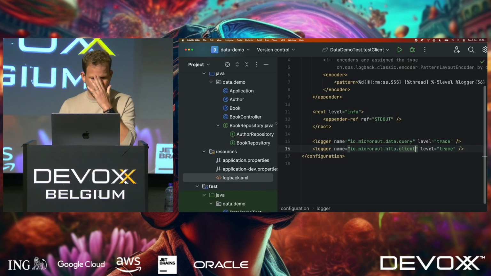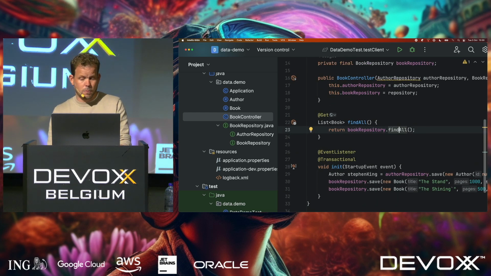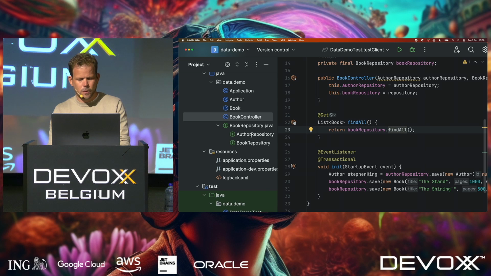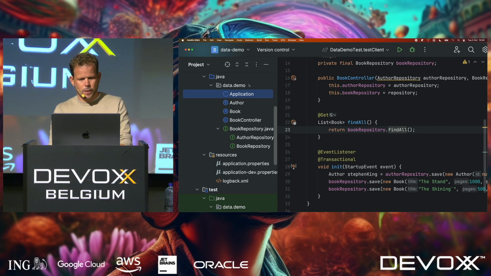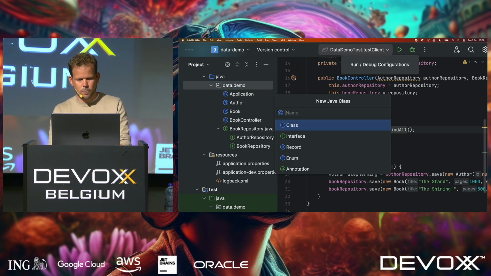But a lot of applications are not that simple, right? You often don't want to expose your entire object graph over JSON. So with Micronaut Data, we put a lot of effort into making sure that it's possible to do projections. Maybe I have a book summary,